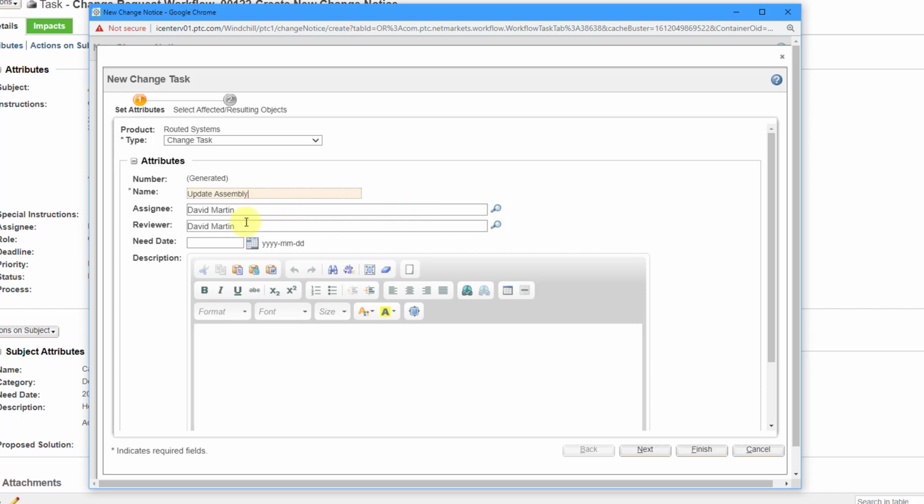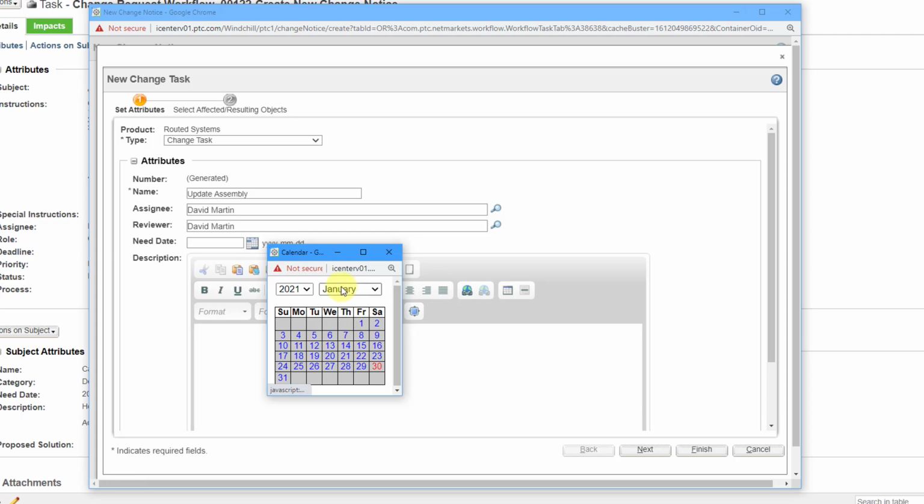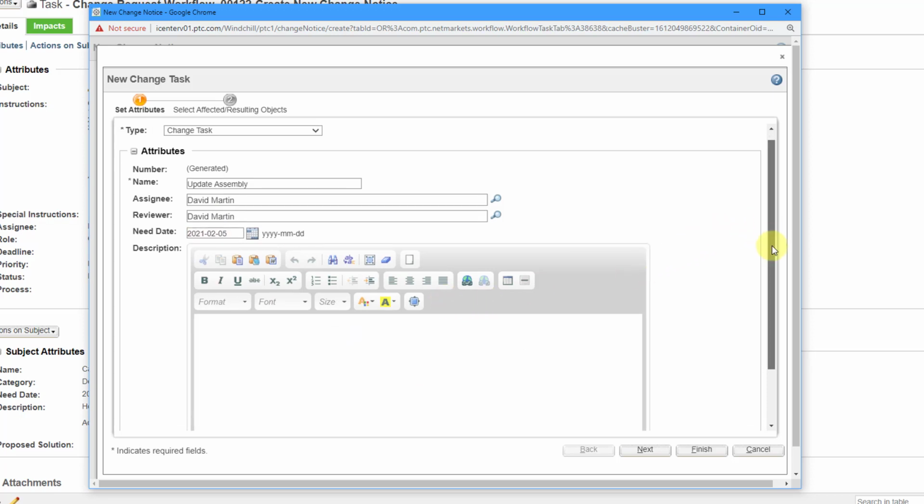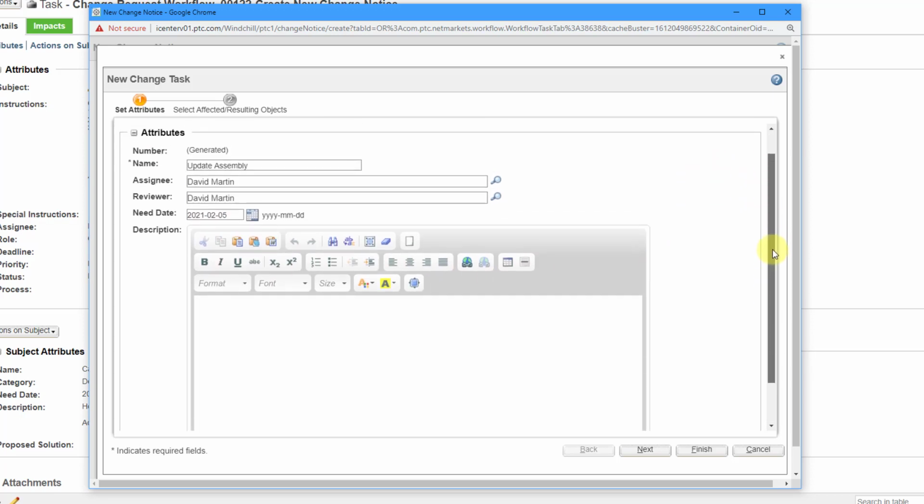And right now, the assignee and the reviewer are the same person. So this is the assignee, the person that is going to actually do the work, and then you can have a person review the work. And then in here we can set a due date. Let me go to February, and maybe I want to have this person do it in a few days before the actual change notice is complete. And if you want to, you could write some additional information inside of the description field if you need to tell them what to do. Let's go to next,